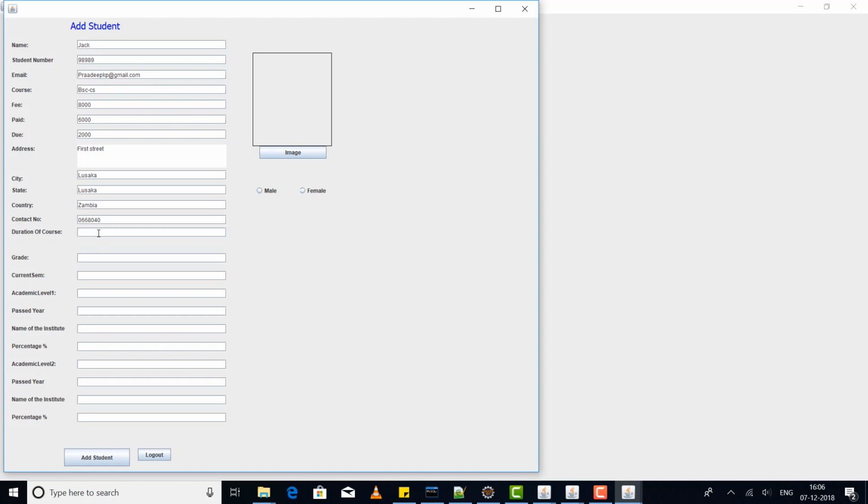and duration of the course I can say 4 years, and the grade, and this grade is not applicable now, it is applicable when the student finishes his graduation. For now I can say nil, and current semester is first semester, academic level 1. I can say O level. So academic level says that from which university the student is coming from. So academic level 1 I can say grade 10 or O level,